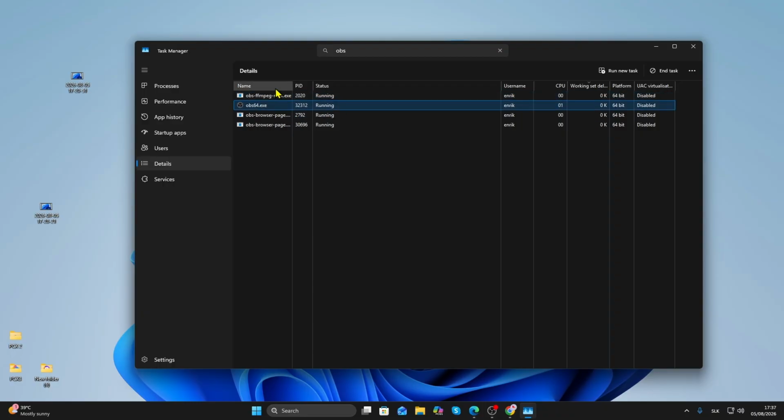So this is how you can fix the access denied error when you try to change a process priority in Task